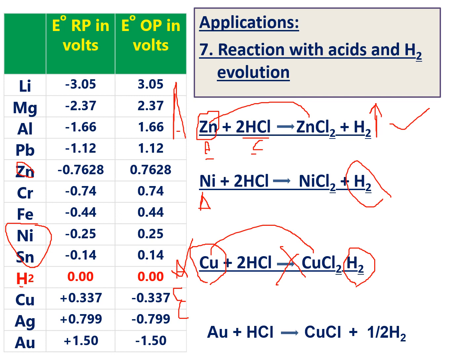In the same way, gold also doesn't produce hydrogen gas when dipped into HCl solution. Which metals produce hydrogen gas when they interact with acids? Not only HCl, but H2SO4, H3PO4, any acid you take. All the metals above hydrogen interact with acids and produce hydrogen gas. Metals below hydrogen don't produce hydrogen gas when interacting with acids. So this is one of the applications.